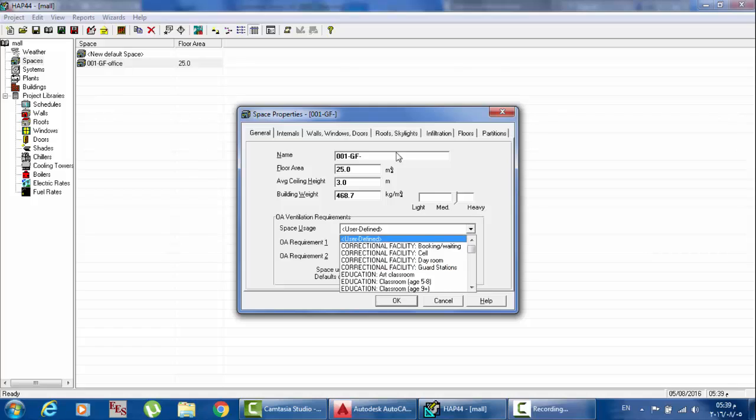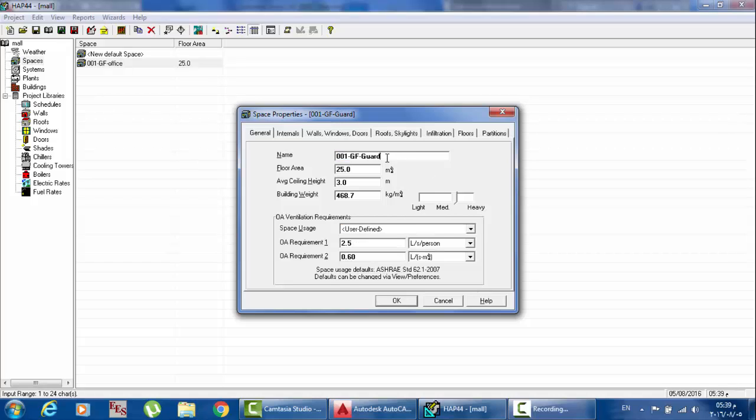Will be car stations. Station in 001. This will be number 2 in the ground floor guard station. You may change the area and the average ceiling, maybe 3 meter. Okay,